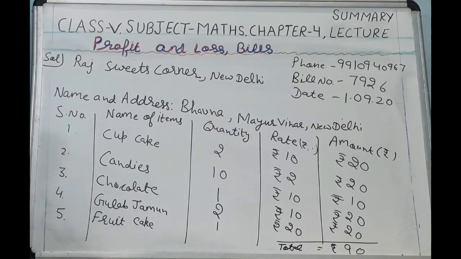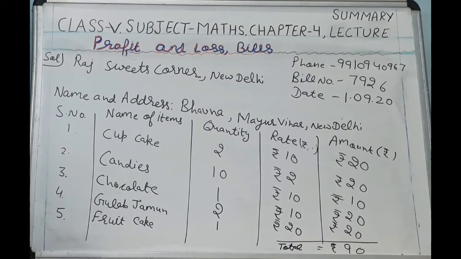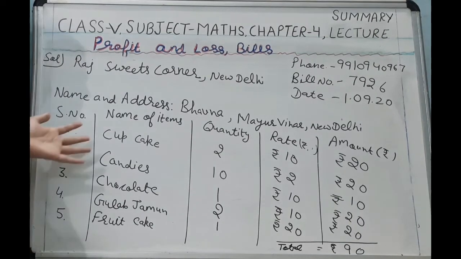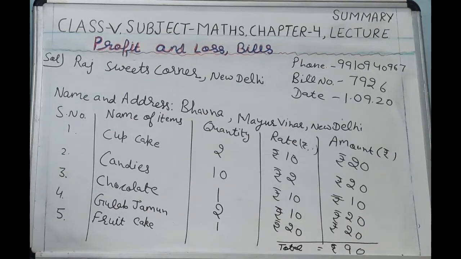Before homework, I want to explain one thing, that I gave you homework questions that take rupees 100 from your parents and go to the confectionery shop. It can be same like this. आपको confectionery shop पे जाना है अपने parents से 100 rupees लेके और items 5 items purchase करनी है as it is done in this bill. And as you have taken rupees 100 and it is also written in our question, amount should not exceed by 100. So here it is rupees 90. You can take the same.